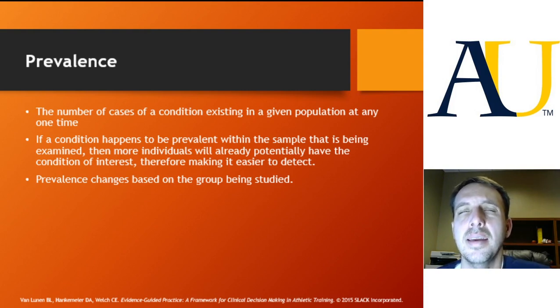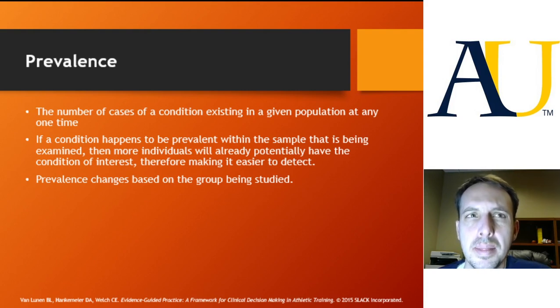So the idea is how many individuals actually have this condition. And that's going to be beneficial in a couple of different ways. One, it greatly affects the ability to understand sensitivity and specificity measures, but will also serve as our foundation for the overall